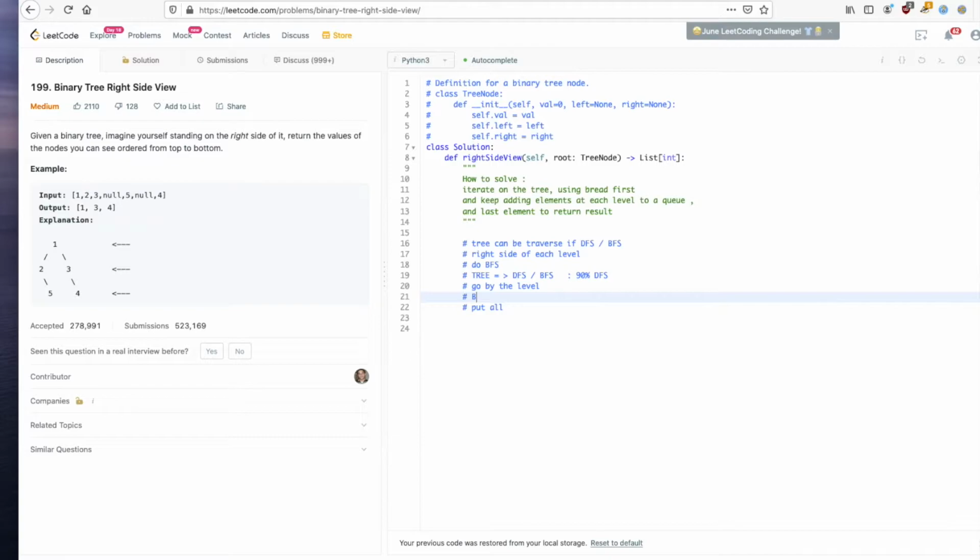So in a BFS, you put all the nodes of a level in a queue, iterate on the queue and put their children in the queue. So let's say we did that. Our current queue is root.